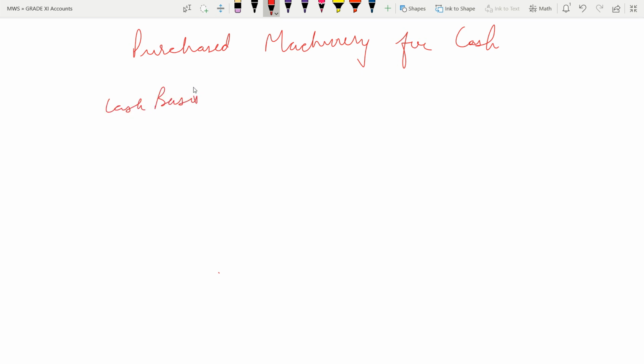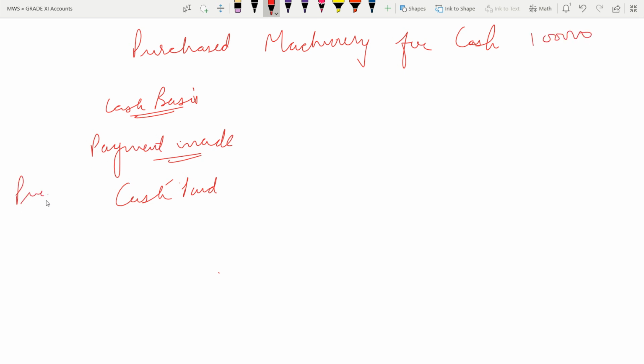How does it look? In cash basis, it is just a payment made, or we can say cash paid. Suppose it is 1 lakh. So you have purchased machinery, that is fine, but you have paid cash, rupees 1 lakh. It will be shown as a negative cash balance because we have paid the cash. It is reducing our cash balance, so it will be considered only this way. And in accrual basis,